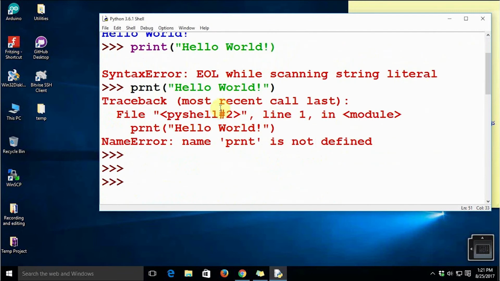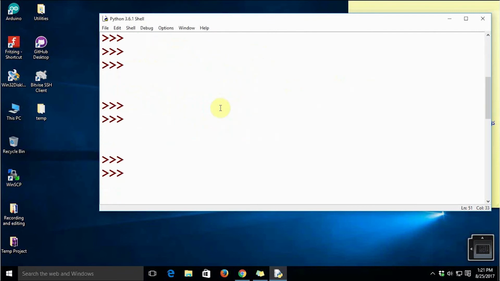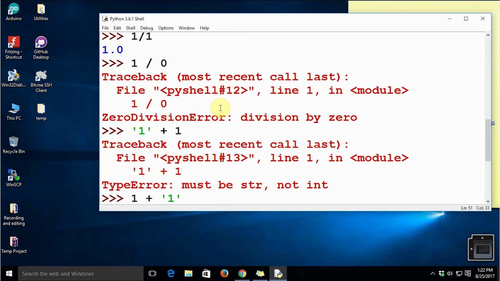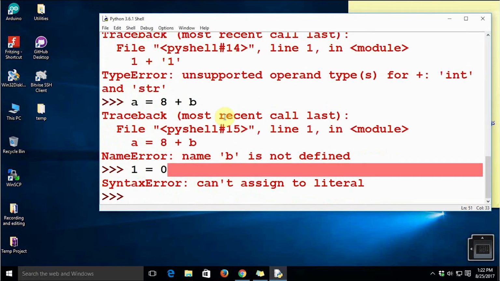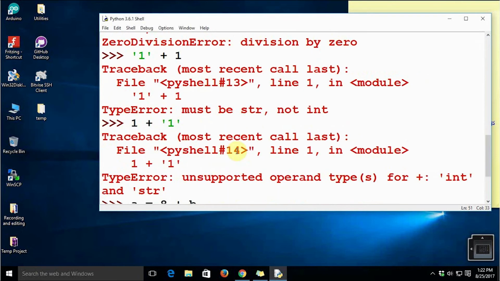But the only thing is that syntax errors are actually treated a bit differently. We are going to see in the next couple of videos what is the exact difference between the syntax error as well as the runtime exceptions. So this is how we actually can find the exceptions. Exceptions are a very important part of your program.